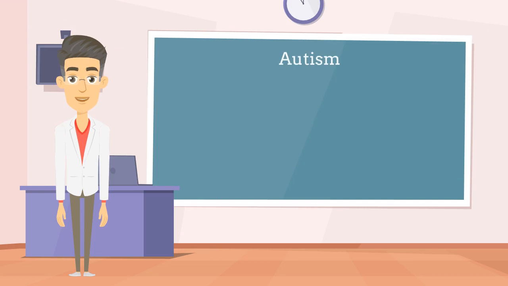Autism spectrum disorder can have a profound impact on various aspects of a child's life. Here are some key ways in which autism can affect a child. Social interaction. Autistic children often struggle with social interactions and developing relationships. They may find it challenging to understand and respond to social cues, such as facial expressions, eye contact, or body language. Initiating and maintaining conversations can be difficult, and they may struggle with taking turns or sharing interests with others.